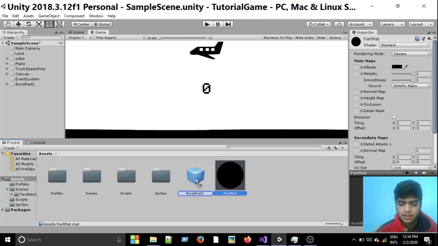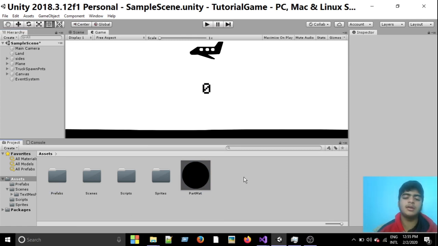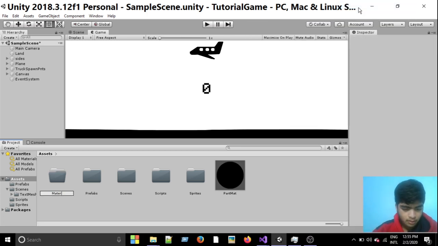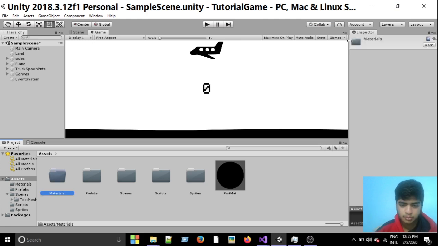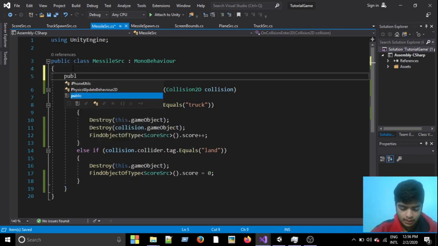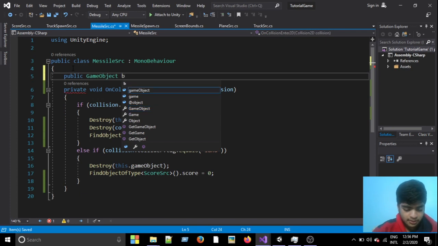Then I am replacing this with the older asset and deleting from here. Now I am putting the burst particle into the prefab folder and creating a new folder as materials, and put this material here. Now if I go back to my missile script, we can add a public game object as burst part